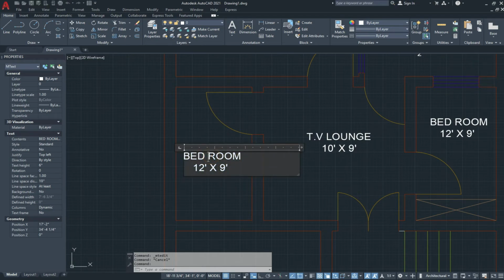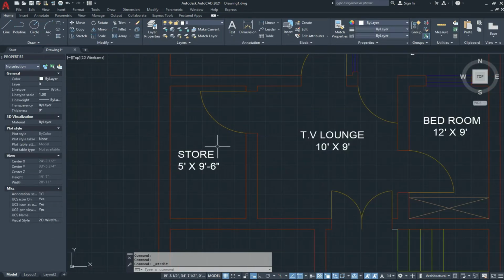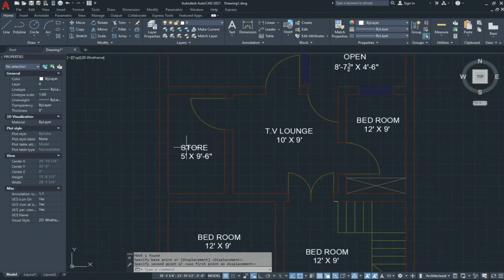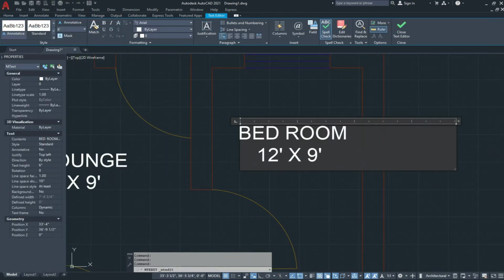And with the double enter, we edit it and press Ctrl A, and this is our store area, and type store and give the dimension 5 feet into 9 feet 6 inches, and click on close text editor. We move this text like this, and this is our kitchen area.